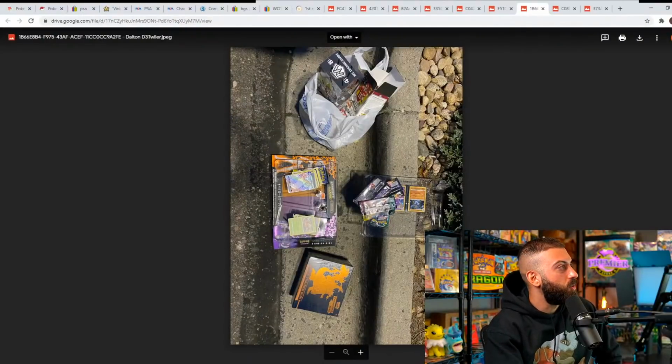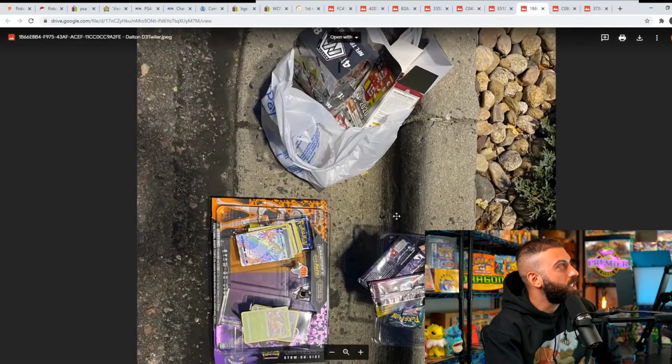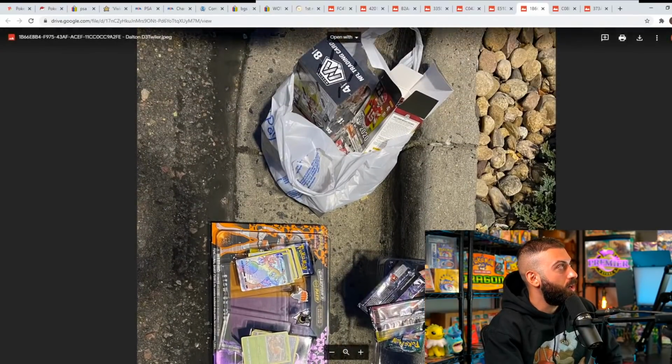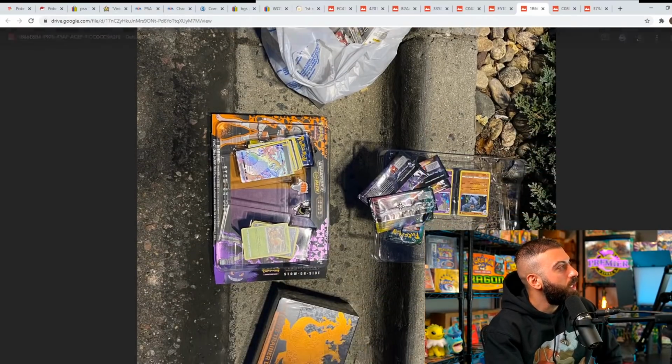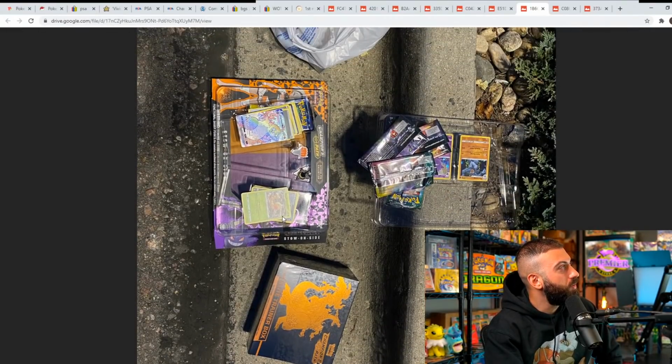Dude, I love that story. And we got some photos as well. I didn't even realize, so check it out. Really great story. That's so cool. So these are the boxes that you exchanged at retail price because you were looking out for one another, and that's amazing. There's the football cards. There's the Champions Path. You had the ETB, kept that sealed, it looks like,